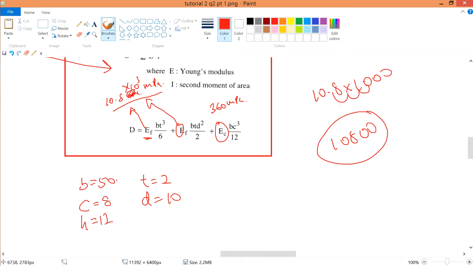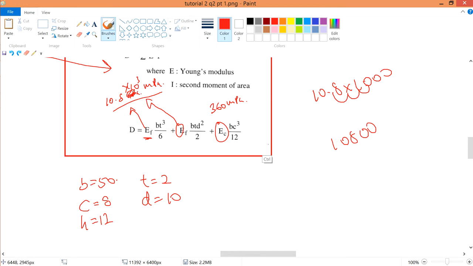10800. Compare this value with your 360. This value is way too small. So to simplify your calculations, you can actually simply ignore this thing, because this is way too small. And if you think about it, they are dividing by 12. This is divided by 2, this is divided by 6. So this is why over here this value is somewhat ignored. You can calculate yourself, but it's not significant. So therefore we can just simply calculate these two, and that's it.